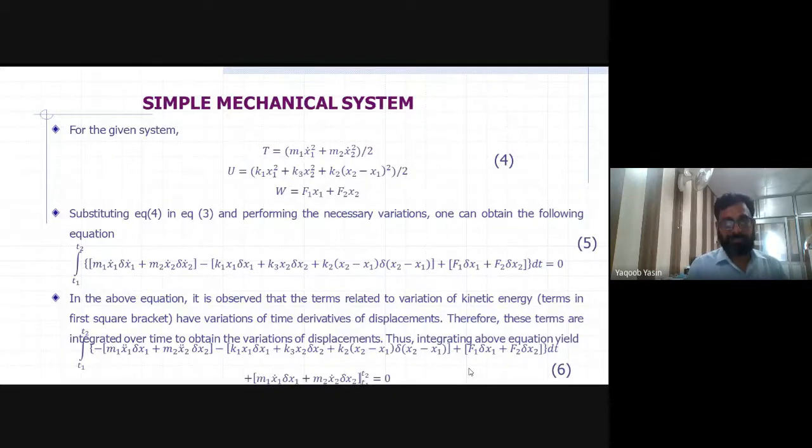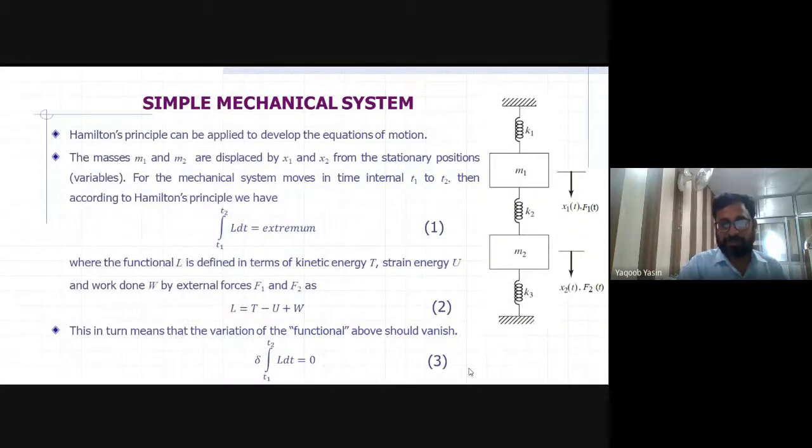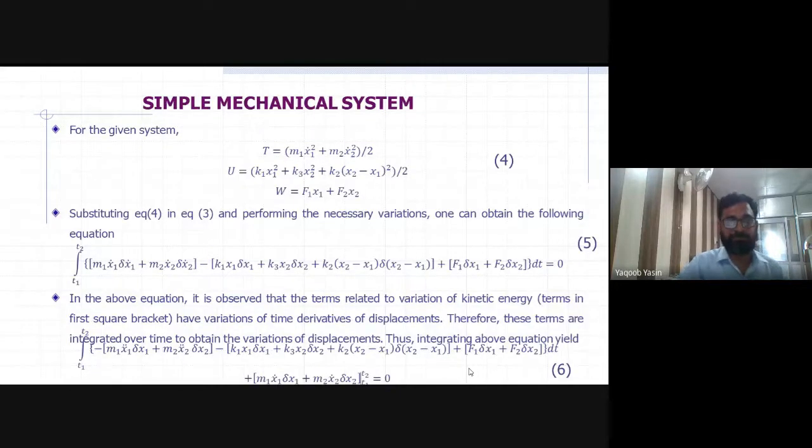These are the extensions or compressions of the spring for finding the potential energy, and therefore at the end we have work done due to these external forces, because we are applying some external forces, and these external forces do some work. Now when we substitute these equations in Hamilton's principle, equation number 3, we have the following expression